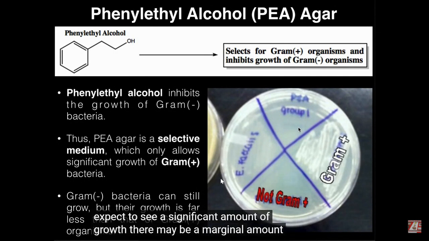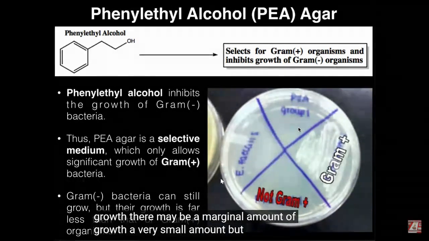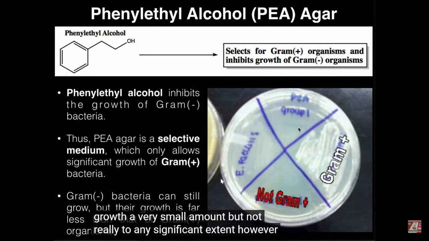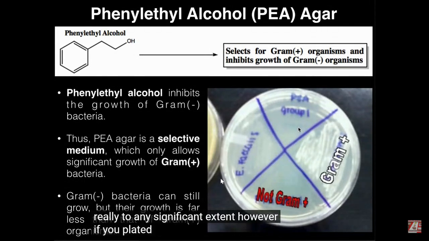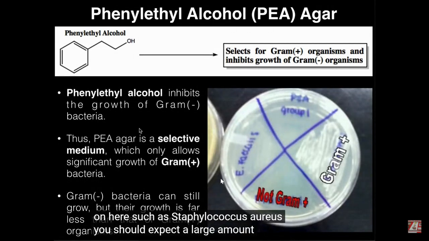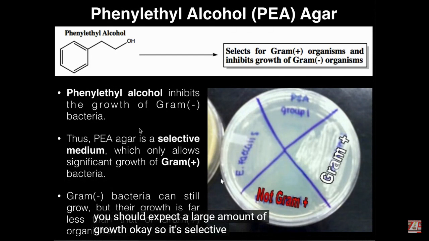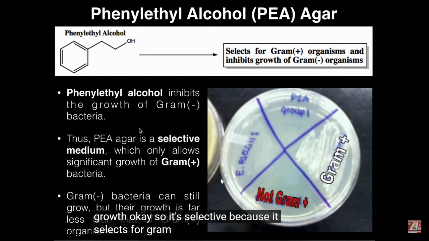There may be a marginal amount of growth, a very small amount, but not really to any significant extent. However, if you plated a gram-positive bacteria on here, such as Staphylococcus aureus, you should expect a large amount of growth. Okay, so it's selective because it selects for gram-positive bacteria to grow. Now, one important thing about P agar